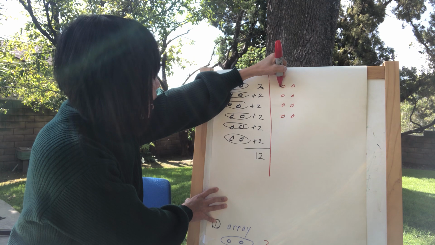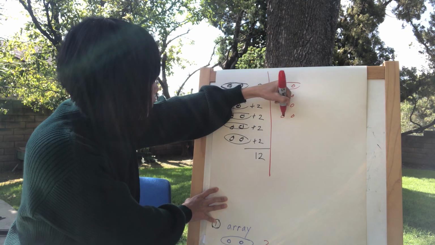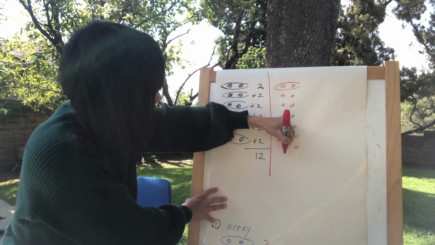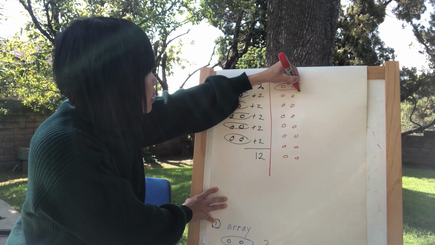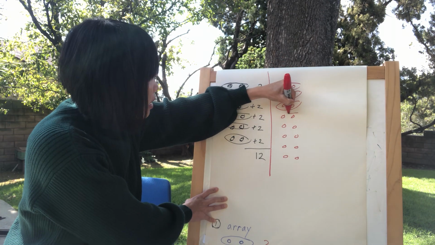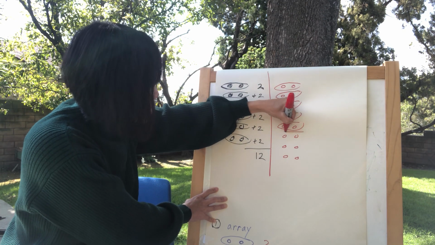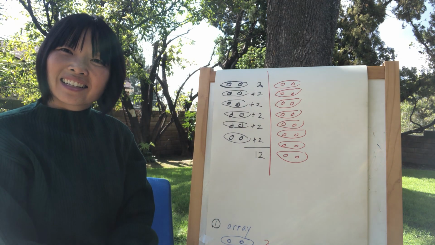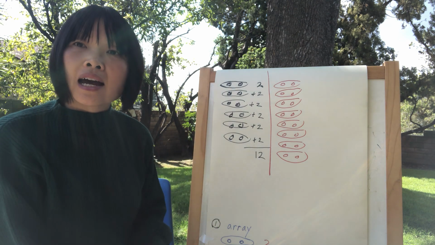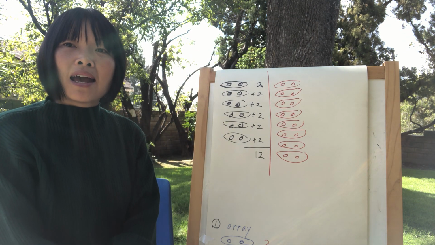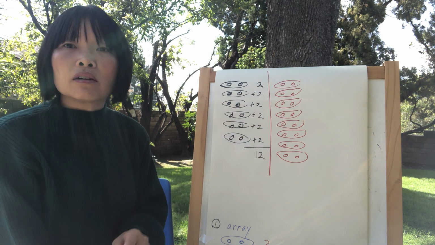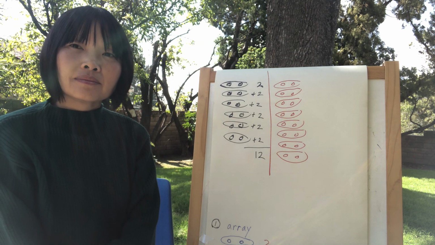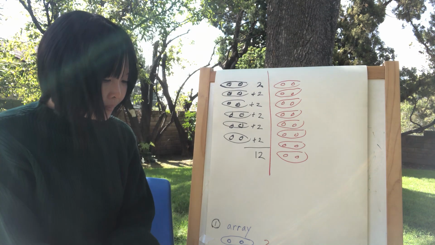So that's 1 group, 2, 3, 4, 5, 6, 7, 8 groups. Okay? If you need more time, press pause and draw your 8 groups of 2. And when you're done, press play. Okay, now that you're done,